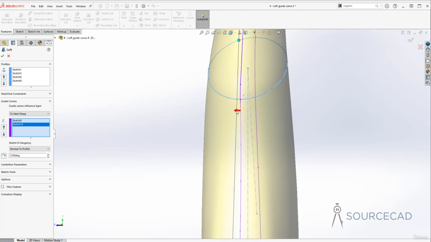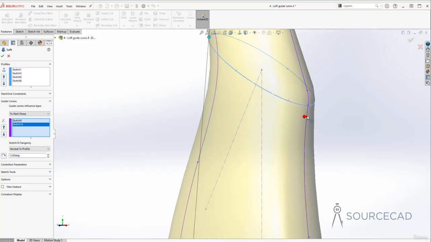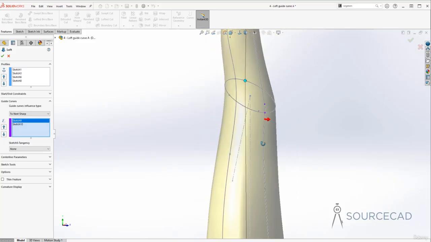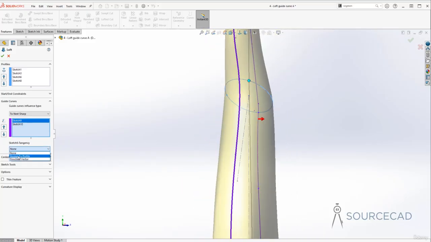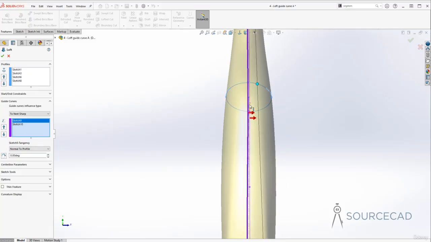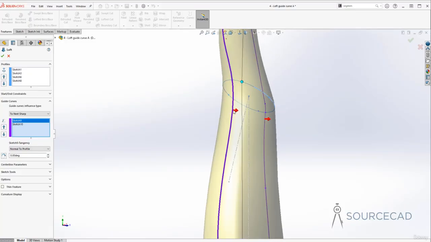So this will be completely normal, or at 90 degrees to this sketch, and then gradually it will turn around and follow the profile. So is the case with sketch 9. If you select for sketch 9 also normal to profile, so here I'll select that, and again in this case, at the point where this guide curve is touching this surface, it is going to keep it completely normal, or at an angle of 90 degrees. So it will start exactly at 90 degrees and then it will gradually turn around as per the cross sections